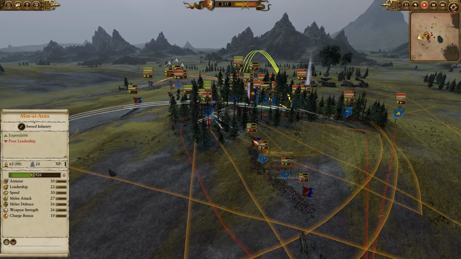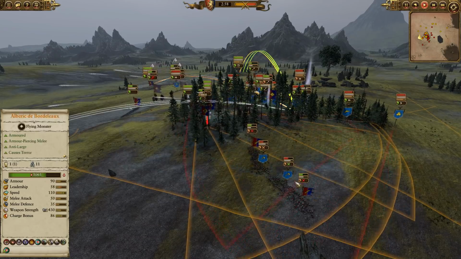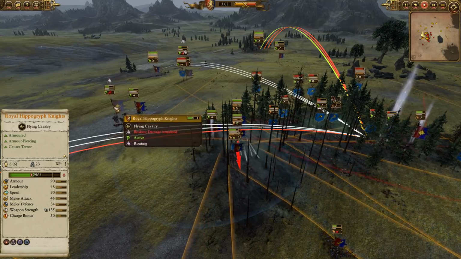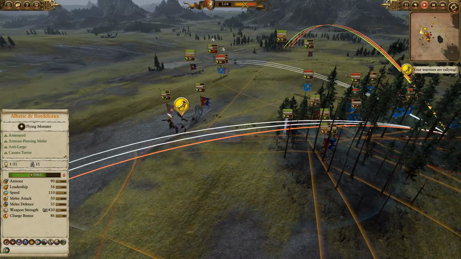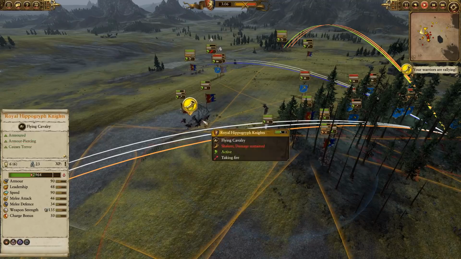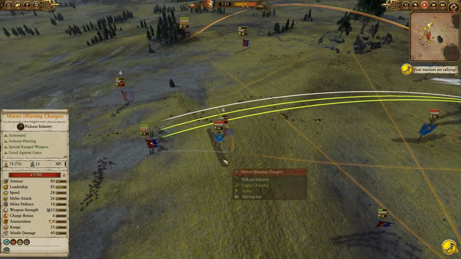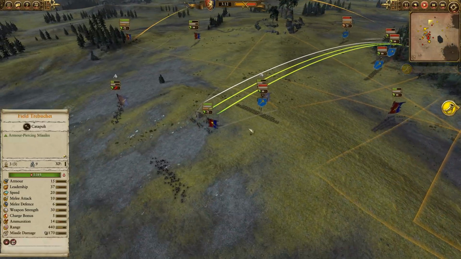Meanwhile, out here on the flanks, men-at-arms are holding just fine against dwarf warriors, foot squires as well, doing a great job. Unfortunately, the Hippogriff Knights routed. Granted, I say unfortunately, they still have all 6 models, and they did come back from routing, so maybe it was favorable. Meanwhile, this unit of miners is doing what my opponent should be doing,